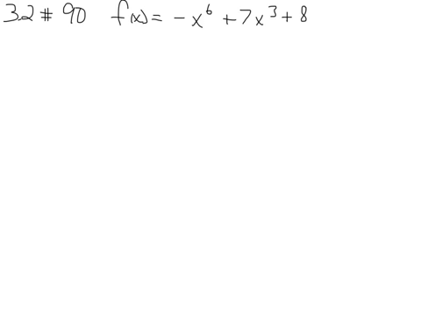So section 3.2, number 90, we're asked to draw a rough sketch of these functions by hand. And it says to do so by looking at the leading coefficient test, finding the zeros of the polynomial, and plotting sufficient solution points, and then drawing a continuous and smooth curve through the points. Alright, so if we're going to look at the leading coefficient test,